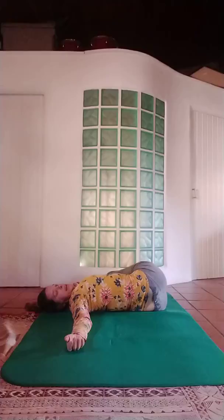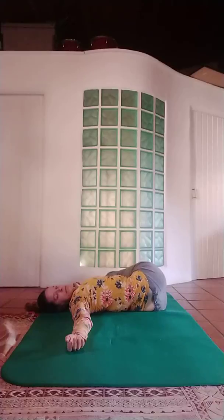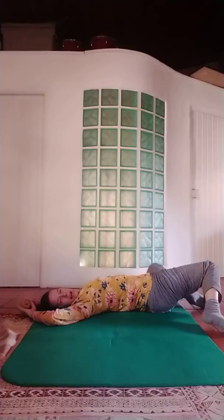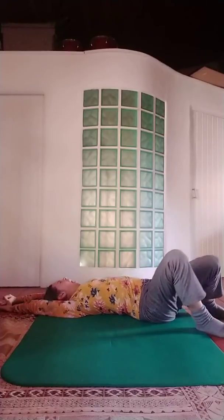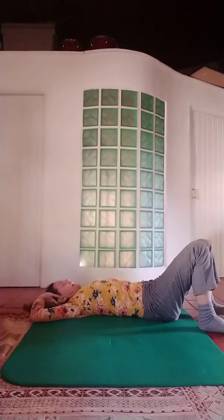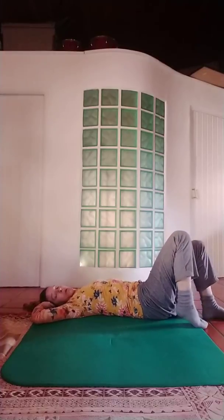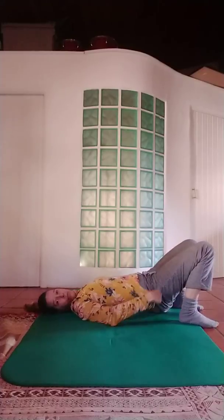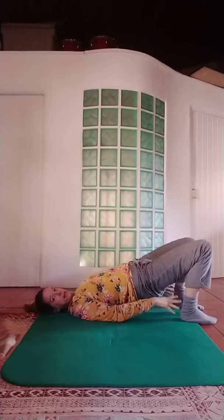Inhaling, inhaling, inhaling, and exhaling slowly. One last deep breath here. And slowly elongating your body to do whatever it needs. Any last pose that you would like to do that you normally do before Savasana, you're welcome to do now. If you want, you can just do a half bridge where you roll up your spine and cross your fingers